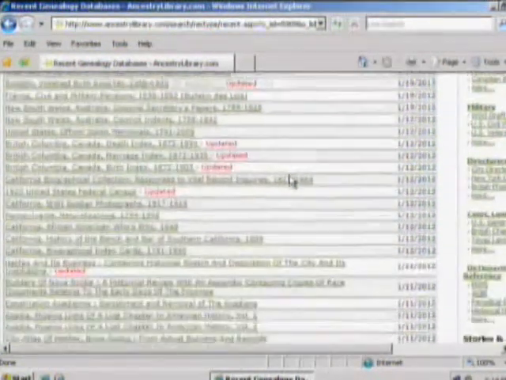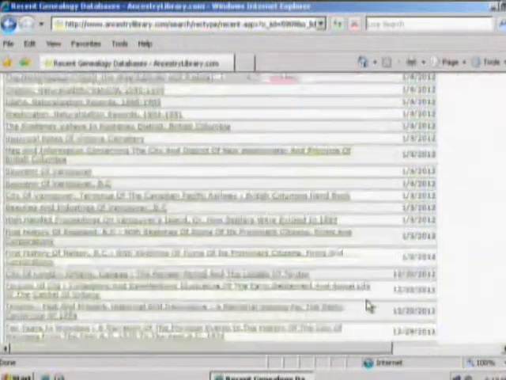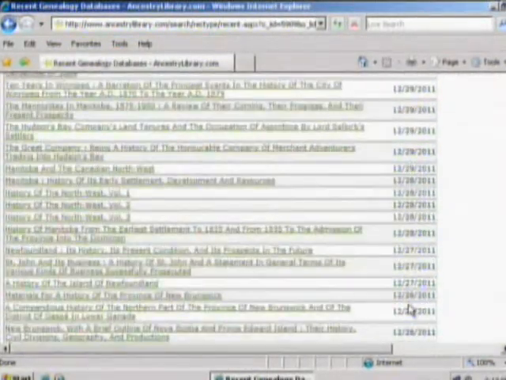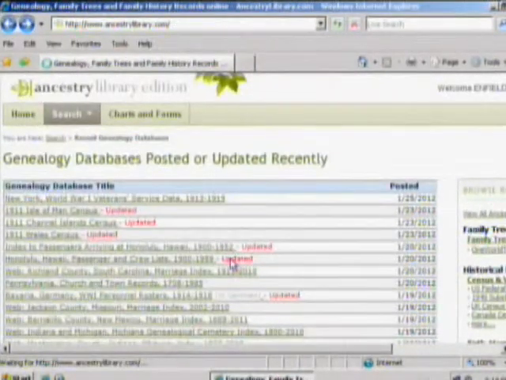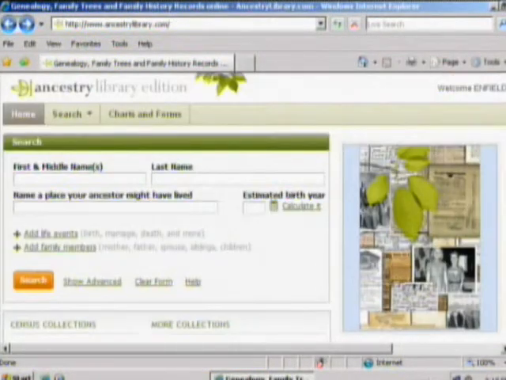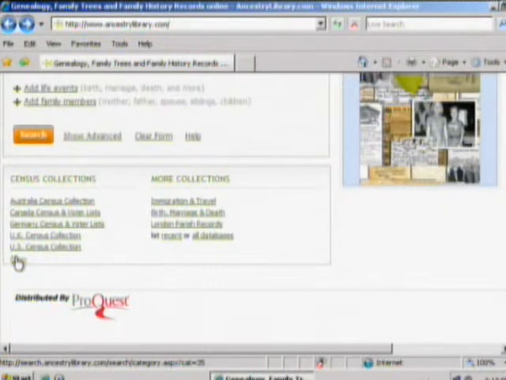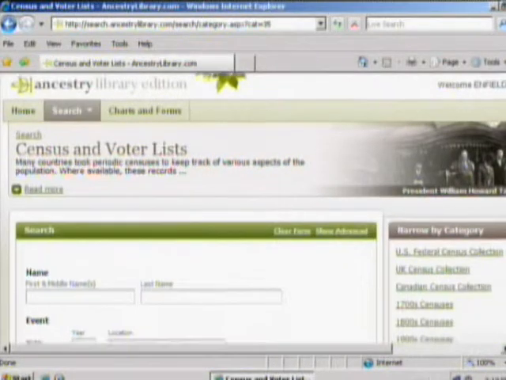So you can see just in the last couple weeks, going back to the 9th, going back just to December, you can see all the changes that have been made, or all the additions that have been made to this database. So certainly searching on this recent list is going to perhaps help your search capabilities. I do want to get to down here where it says all of the census collections that are available. And you can see it sets it up pretty simply for you to use.